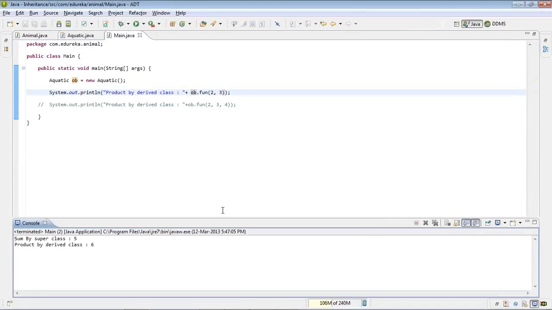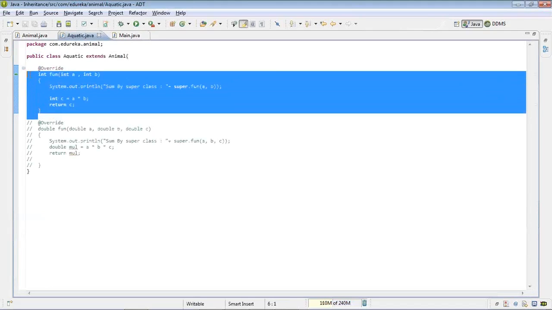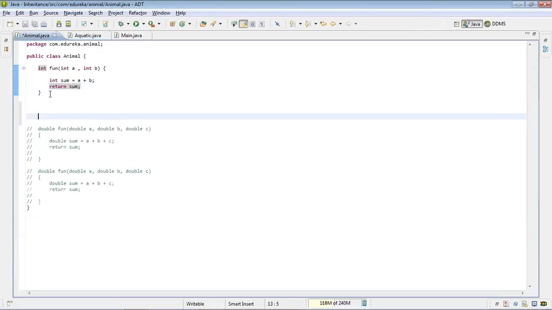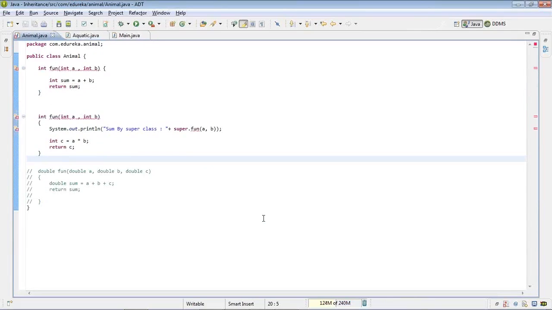Can we override a function in the same class? Amir says. Okay. Copying the entire part. Okay, the functionality is different. I'll just paste it and you'll receive your answer. What do you see, Amir? You see an error. You cannot have it. Overriding means you are changing the entire functionality. Okay, that means this function has to be used instead of this. So you cannot have both these functions in the same class. That is the reason why. You'll have to make a hierarchy using which you can use it.